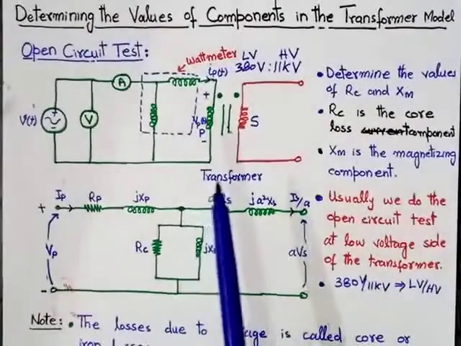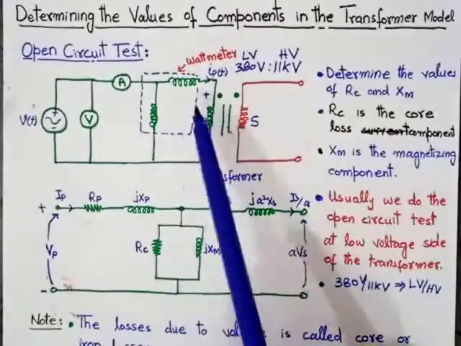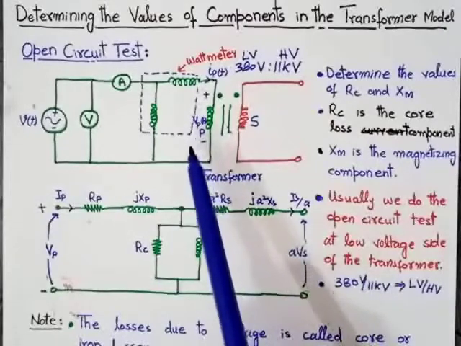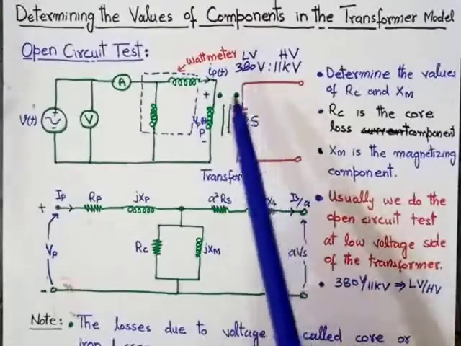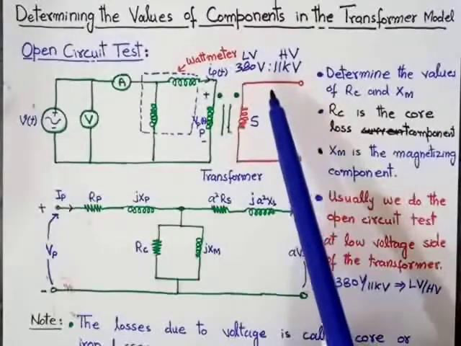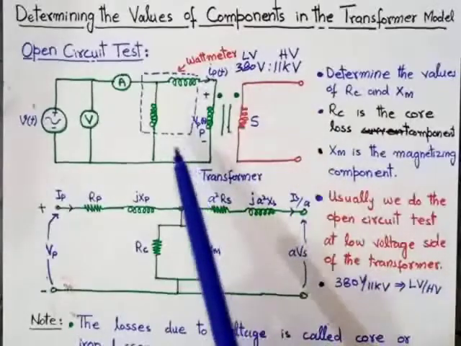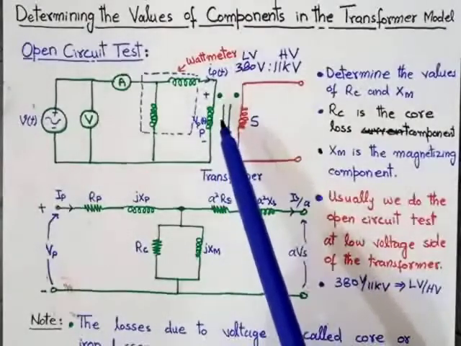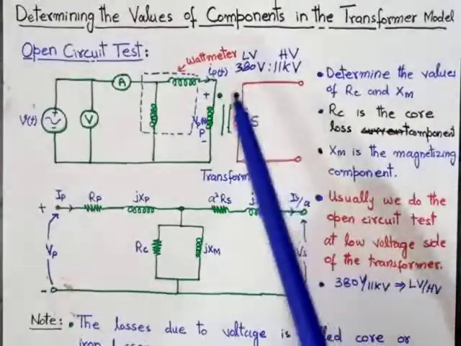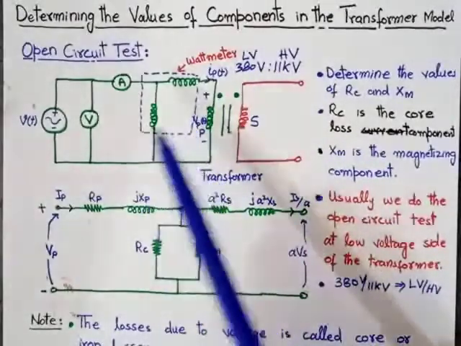Now the question is, why do we perform the open circuit test at the low voltage side of the transformer? Because it is easier to handle low voltage rather than high voltage. As you can see in this relation, we can supply 380 volt easily rather than 11,000 volt. So this is reason number 1 why we perform the open circuit test at the low voltage side of the transformer. And the second reason is